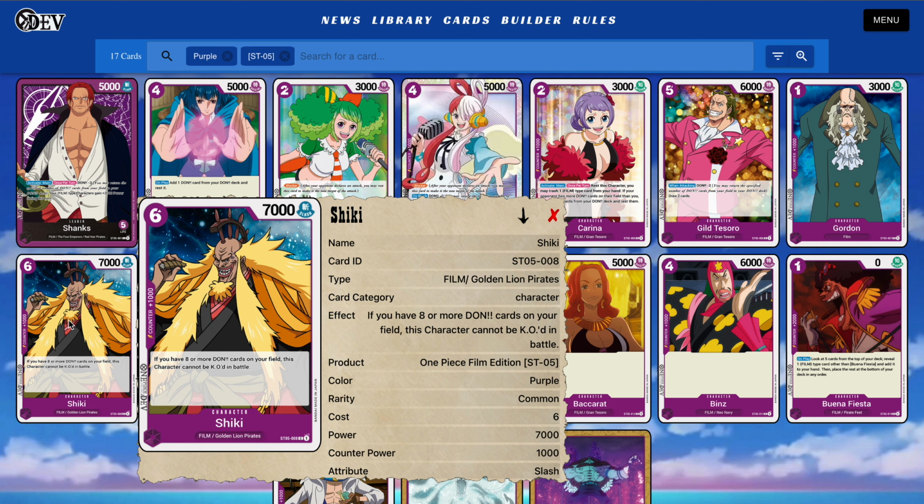It's a 7k hitter, and with Shanks becomes a 9k, and the fact that it's unkillable by battle is definitely not anything to be mocked for. As well, 7k base stat is solid, so this is probably the card with an effect that I'm the most hesitant on, but I think that this definitely has some potential, and if you want to run a pure film deck, I don't think it is a bad card,